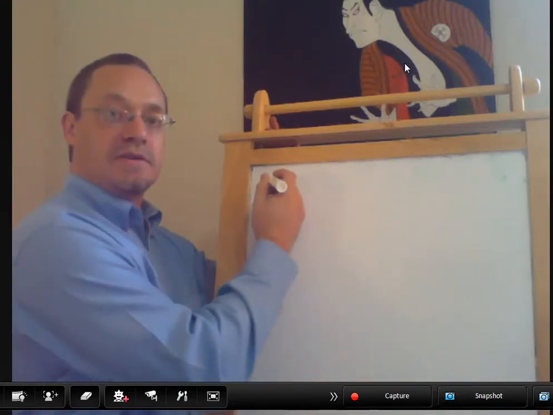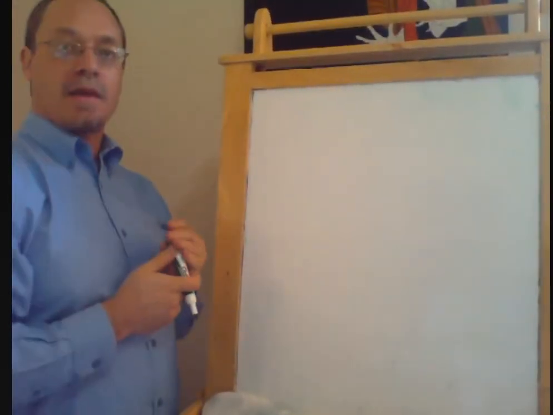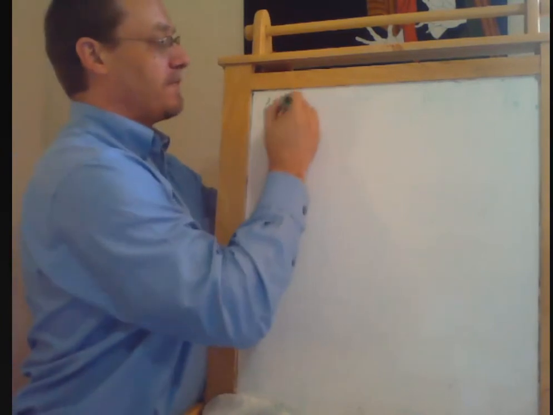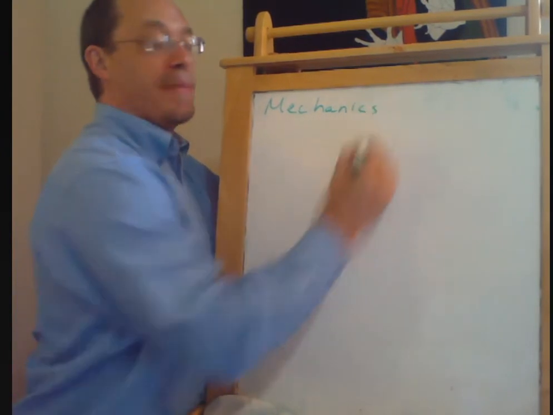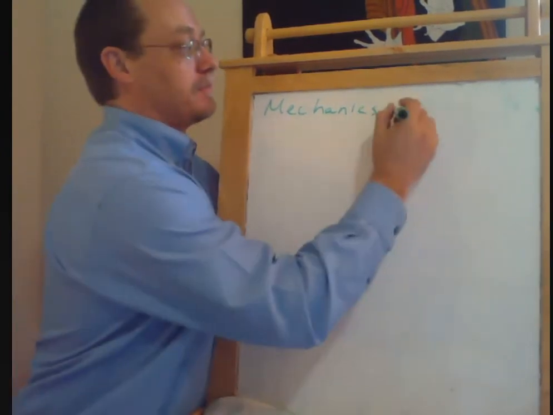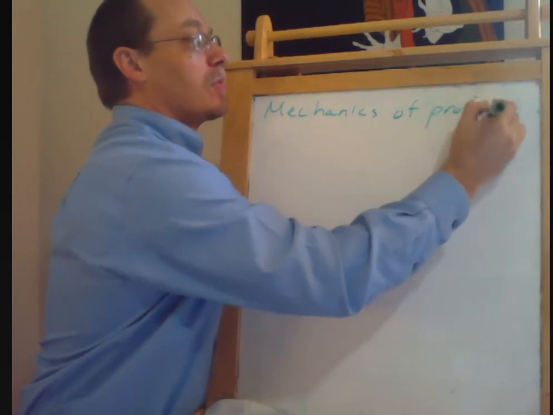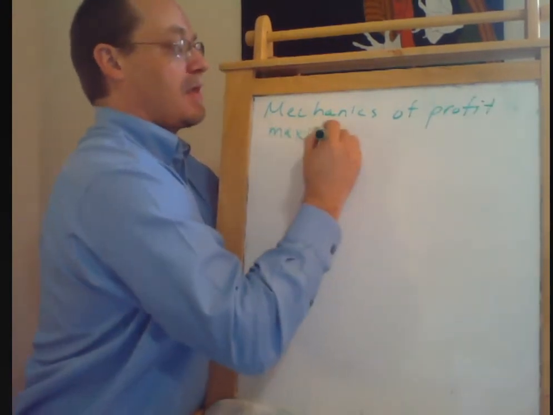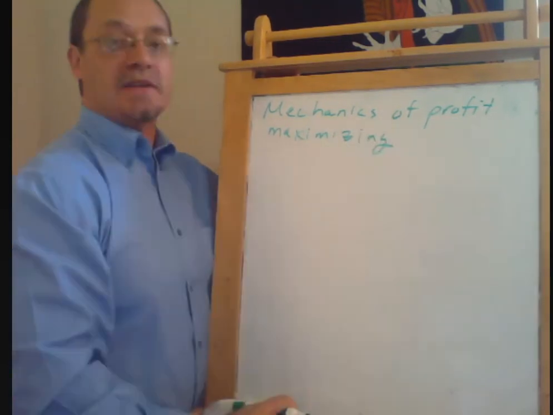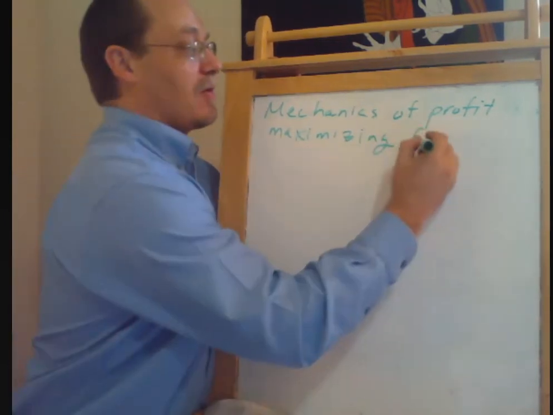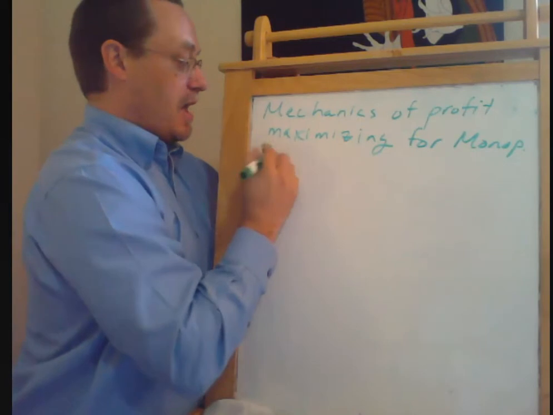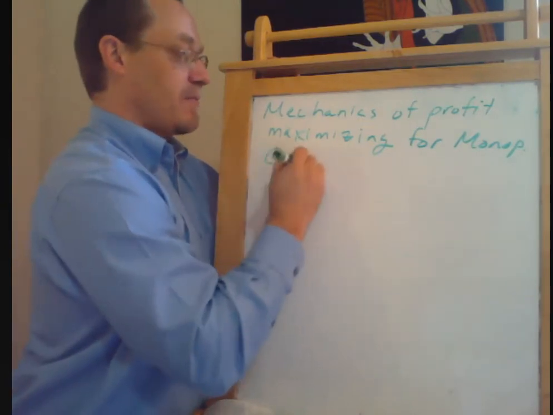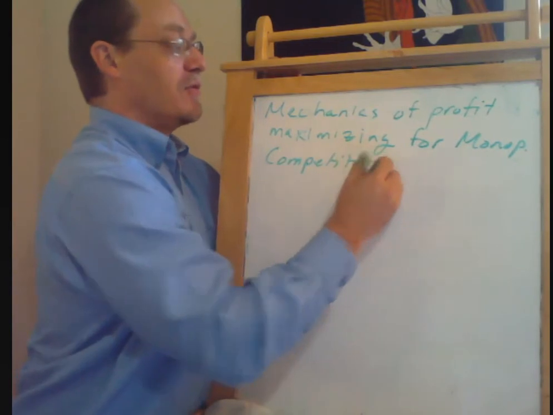So now let's talk about the mechanics of profit maximization for a monopolistically competitive firm. We're going to have the same rule as we've always had, which is that we're going to go ahead and produce all units that have marginal revenue greater than or equal